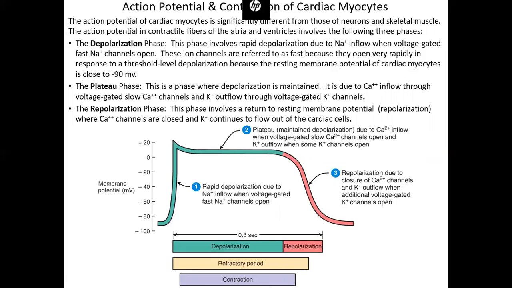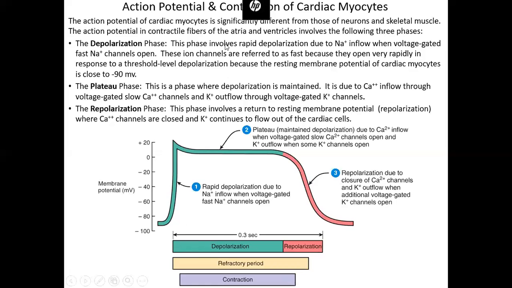And it's still the same thing. We still have sodium inflow, but the key is these are called voltage-gated fast sodium channels. And that's because they just open really rapidly and allow for really, really fast flow of the sodium in. Now, unlike what took place in neurons and skeletal muscle fibers, we don't return right back to resting membrane potential immediately. What we do is we hold on and stay depolarized above zero because of what's called the